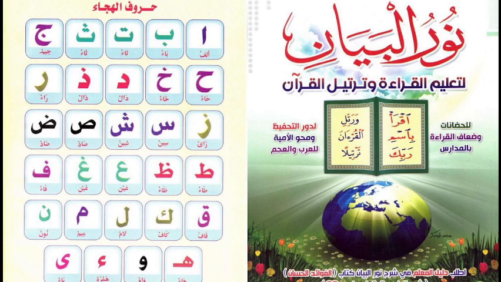We give thanks to Almighty Allah. Bi-idhnillah ta'ala, this class will be a revision of what we've done in the past, that is the articulation points. But in this case, we are going to